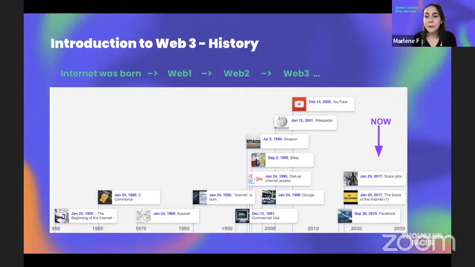We have different big companies that have been created: eBay and Amazon with the commercialization of products, Wikipedia, we've all known these brands. YouTube, Facebook was born to life in 2015, and it was really connecting different people together. So it's been quite a revolution how we've arrived from the beginning up to where we are now. So now we're in between 2020 and 2030.